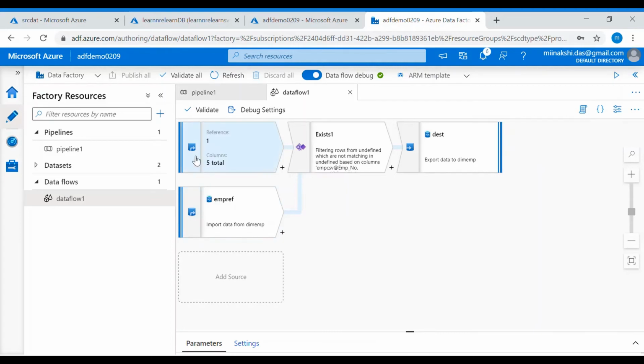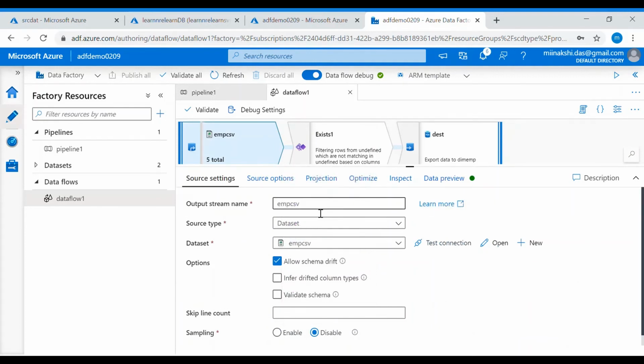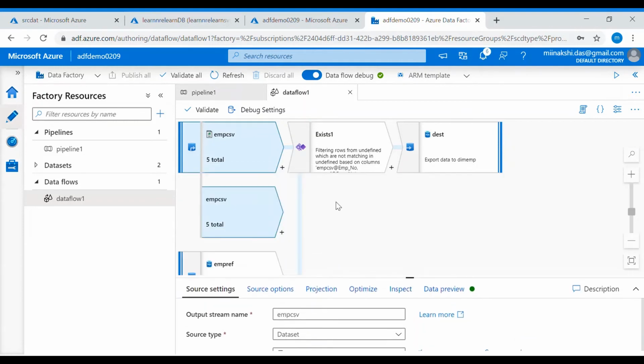To do that, if we click on the plus sign, we can see a new branch. New branch is the same as the multicast we have in SSIS. So when we select the new branch, it will copy the same sources to another branch, and these two branches will execute parallelly.